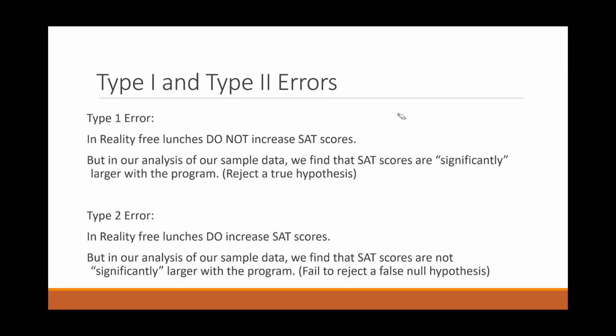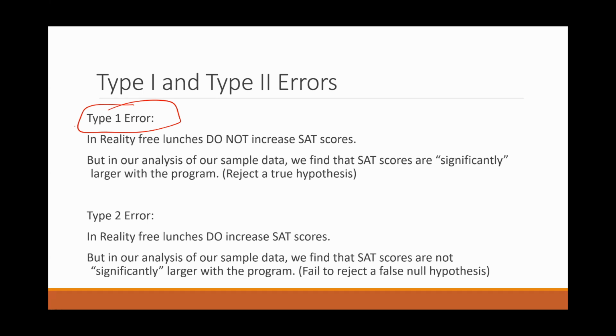Okay, so this matters practically. And so a type 1 error has practical implications. A type 1 error is when the school lunch programs actually don't work. That means schools are wasting their money on a program that is ineffective. Okay, and a type 1 error is when we as researchers conclude that the school lunch program is effective when in reality it's not. And so if we commit a type 1 error, then what we're going to say is,